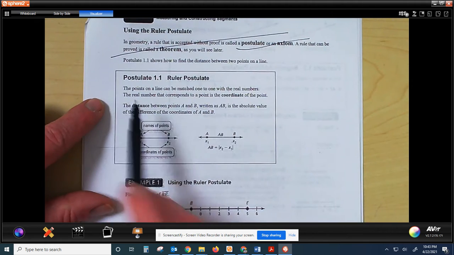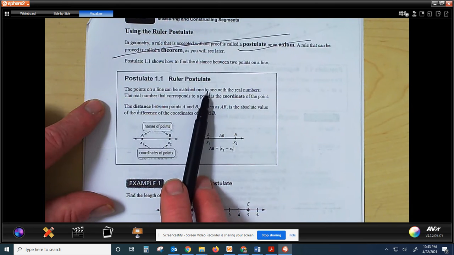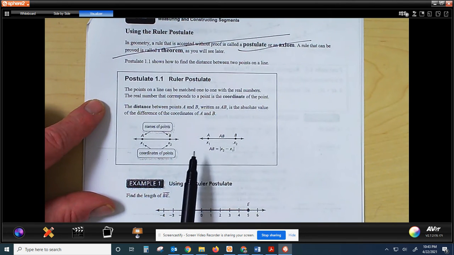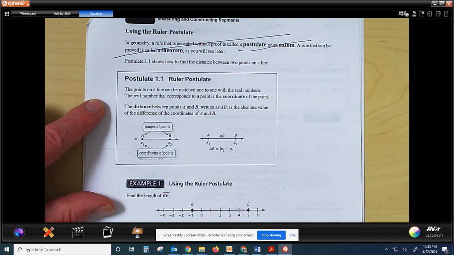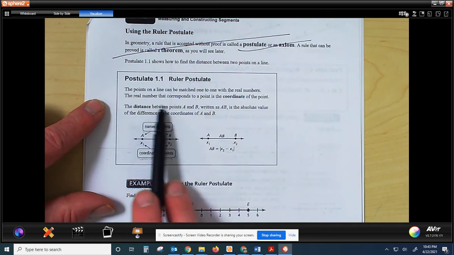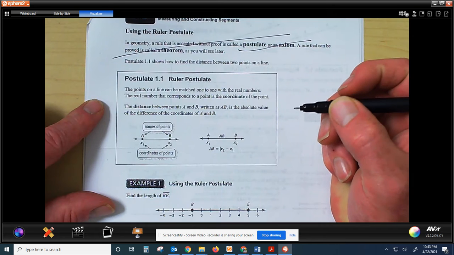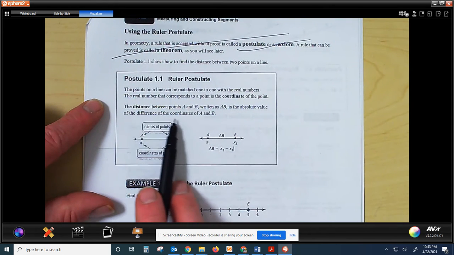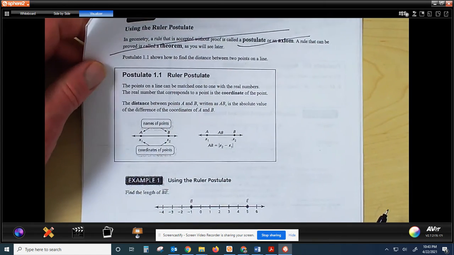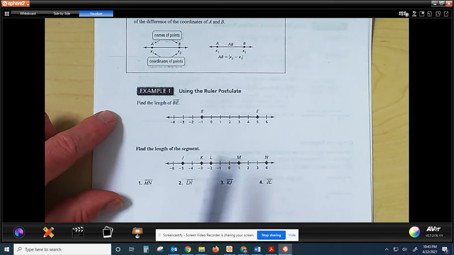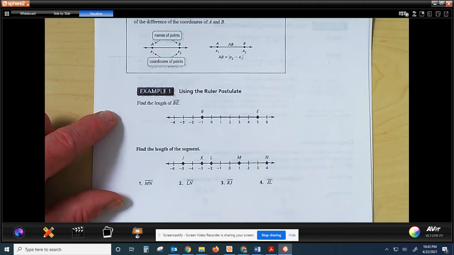Here's something that helps with line segments being real measurements. The points on a line can be matched one-to-one with real numbers. The real number that corresponds to a point is the coordinate of the point. So the distance between points A and B, written as AB as a distance, is the absolute value of the difference in the coordinates for A and B. Well, the illustration here is a number line that goes from -4 to +6, and we drew a bunch of these back in the fall